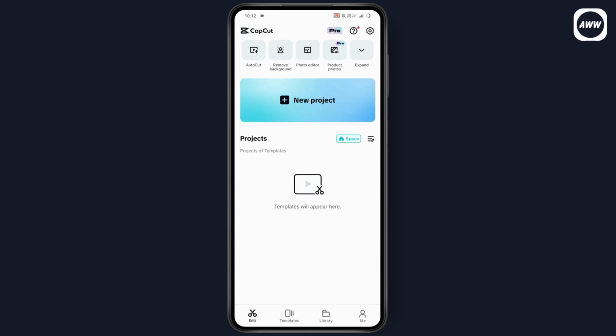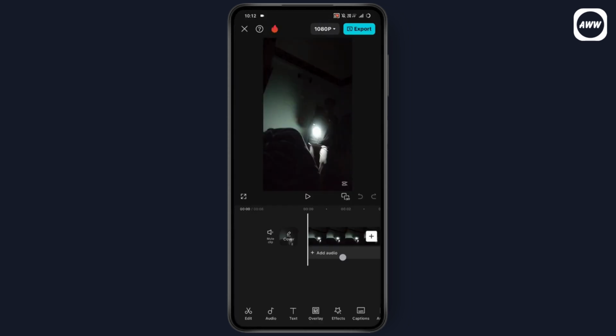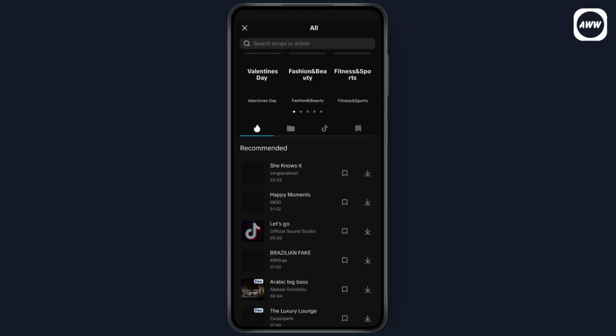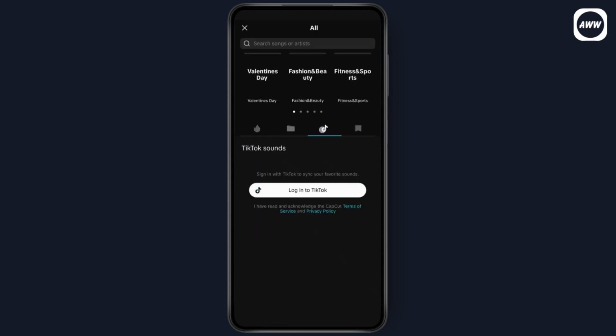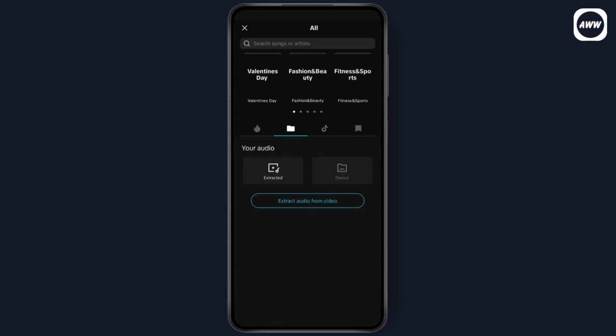Now I'll go with new project. After that, go with add, which is on the bottom right. Once you've selected your video, you can just simply go with the add audio option. Tap on add audio and then you can go with sound and you can add your own sound that is in your device or that you've saved. You can just simply go with extract and then you can add the audio to the video that you have